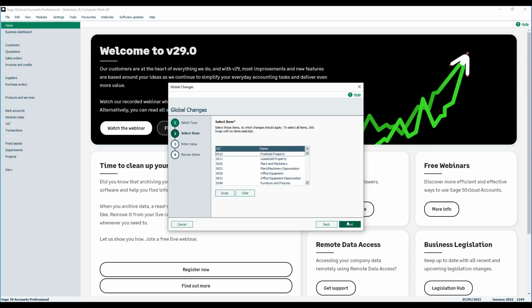Now we can choose the nominal codes we want to do, so we could just go down and select the relevant nominal codes for the budgets that we want to zero out, or if we want to do the entire nominal ledger, we can just click swap and it'll highlight everything on the list. So we've got them all selected, so we're going to do the full nominal ledger. Click next,